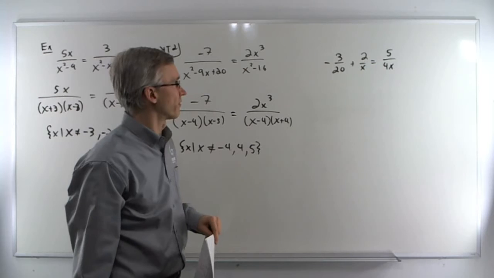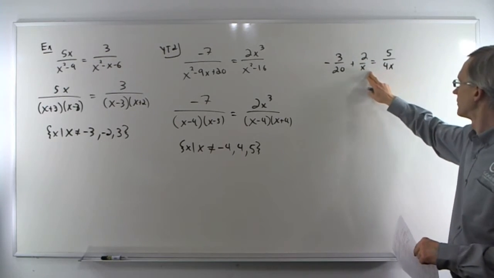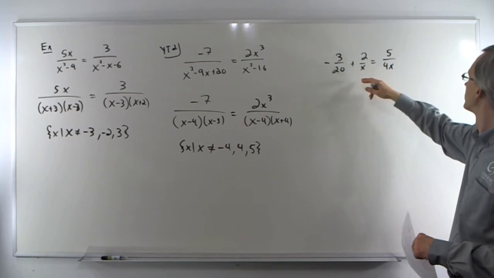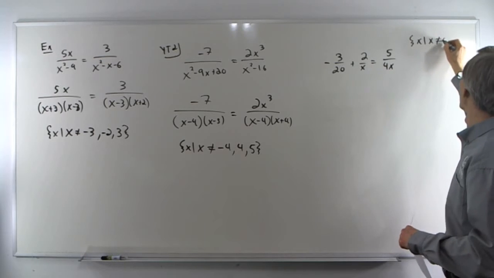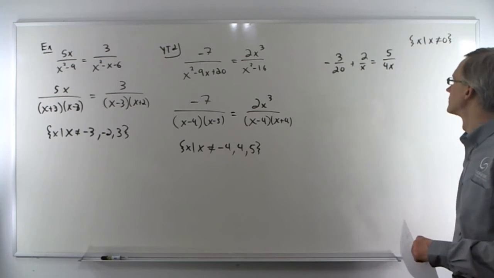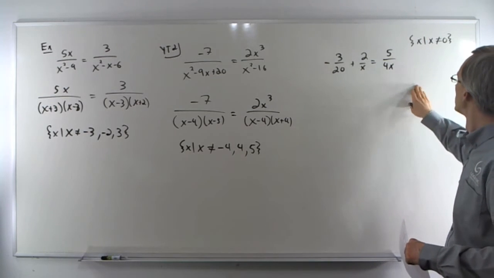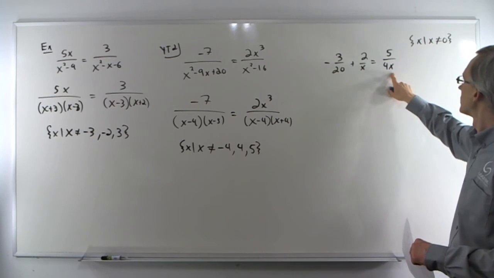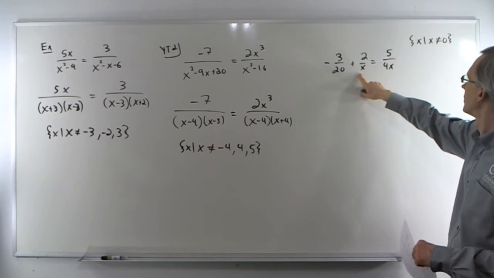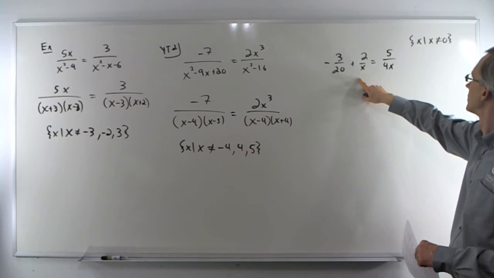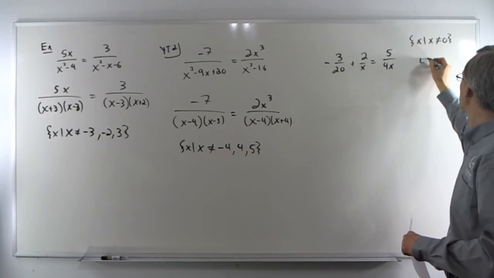So first thing we're going to do is find the domain. The only number that can produce division by 0 is if I plug in 0. So the domain is all real numbers except x cannot equal 0. Now we need to find the least common denominator. So 20 is a multiple of 4, and we have an x here. Largest exponent is 1, so that gives us an LCD of